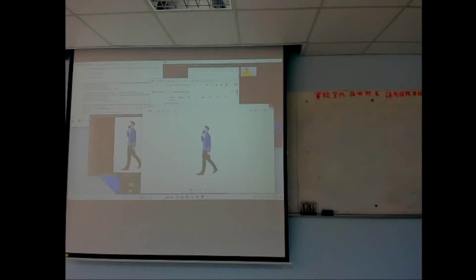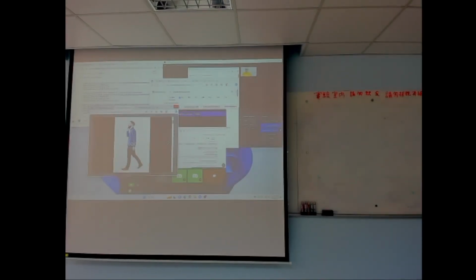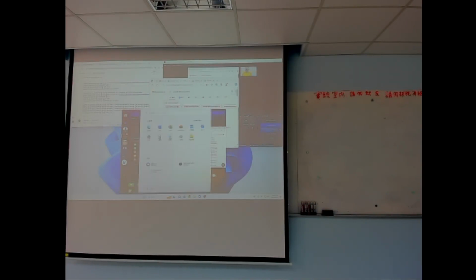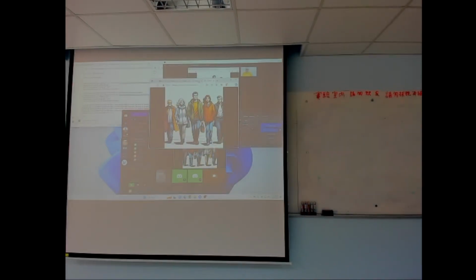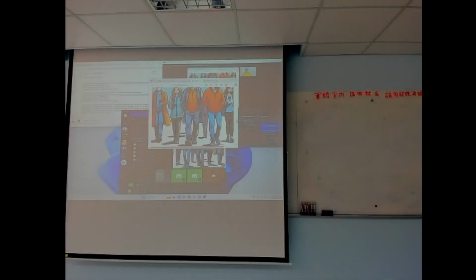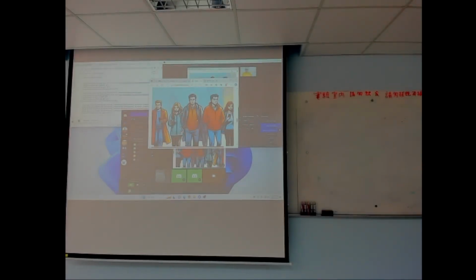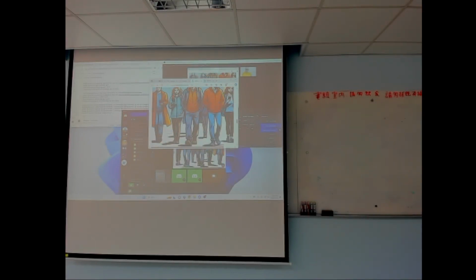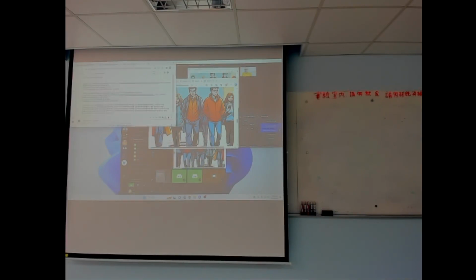Okay, so now I have 3 pictures of people walking and holding a phone. And now, let's see what Stable Diffusion did. Now there's 2 of them holding the phone. Okay. Obviously my AI prompt skills aren't good enough to get that to work, but it's okay. We can use